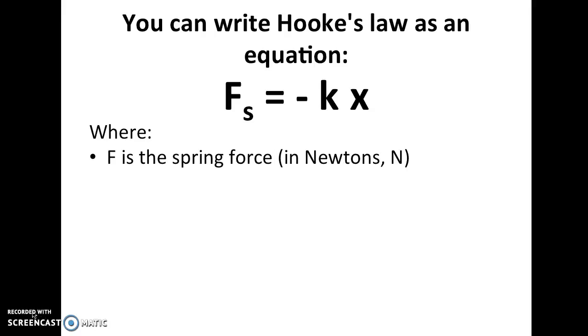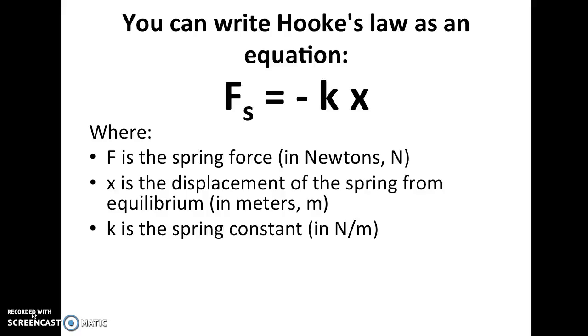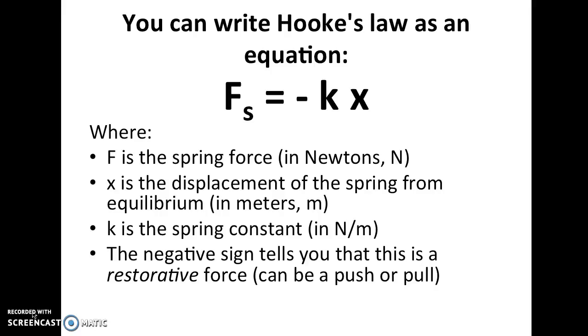First of all, F is the spring force, and we know that forces are measured in newtons, and we've seen the displacement, x, before. So x is the displacement of the spring from equilibrium in meters, m. And k is the spring constant measured in newtons per meter. We'll talk about this a little bit more in another slide. One other thing about this equation is the negative sign. Now the negative sign tells you that this is a restorative force, so it can be either a push or a pull. Let's look at a little bit more about that last bullet,